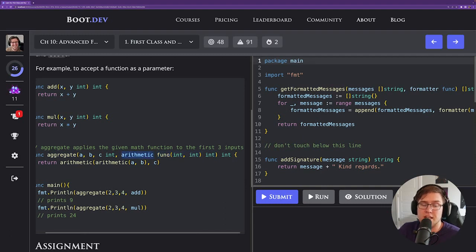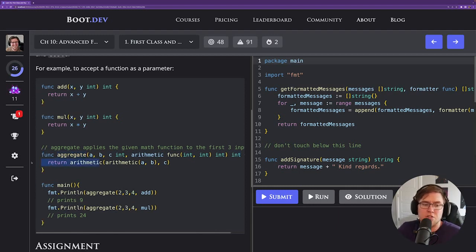This function, arithmetic, must take as its parameters 2 integers, right, and return an integer itself. And then the aggregate function just returns an integer. So what does the aggregate function do? Well, it calls the function it was given twice. First, it calls it once with a and b, and then it calls it again with the results of a